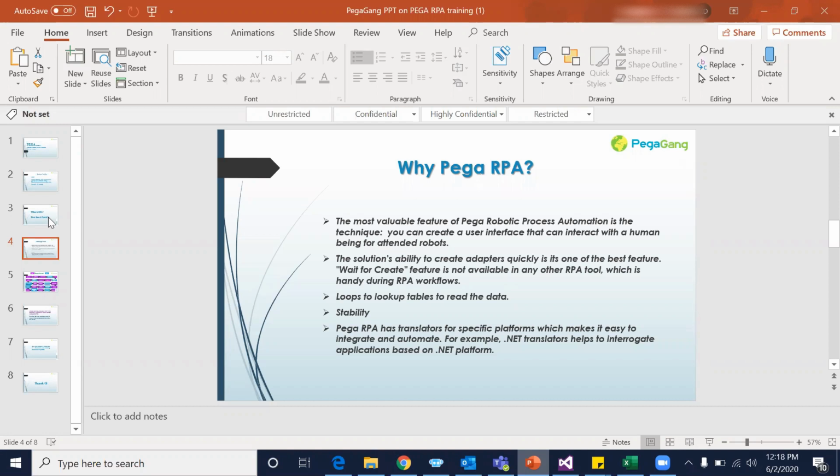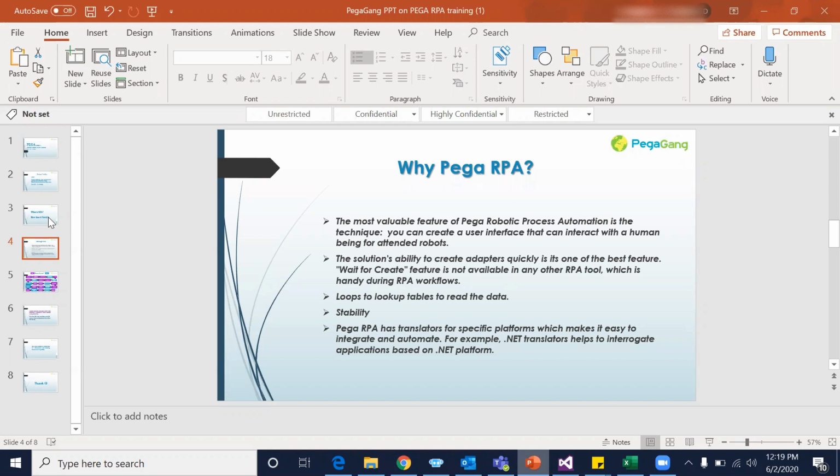Suppose you have an end-to-end solution which you cannot fully automate, but you can automate a part of it. Pega helps by accommodating the manual intervention with the Pega platform in the picture, and then it can automate the RPA part, and thus automate the end-to-end solution.